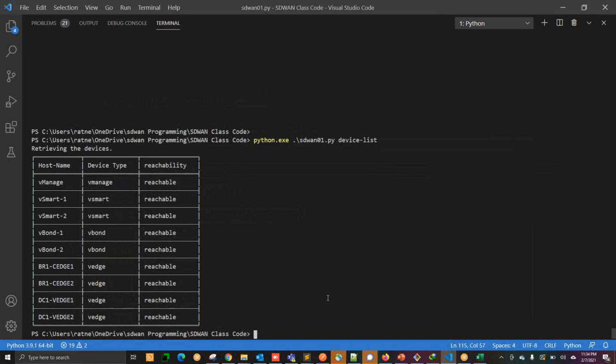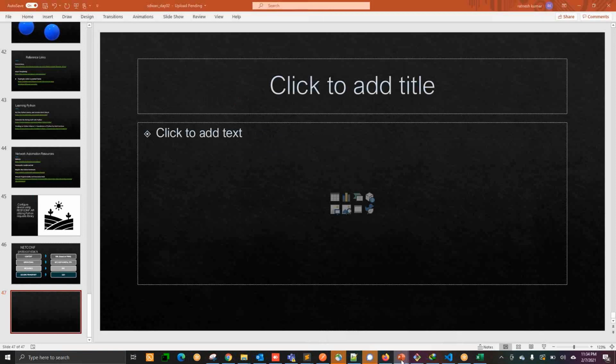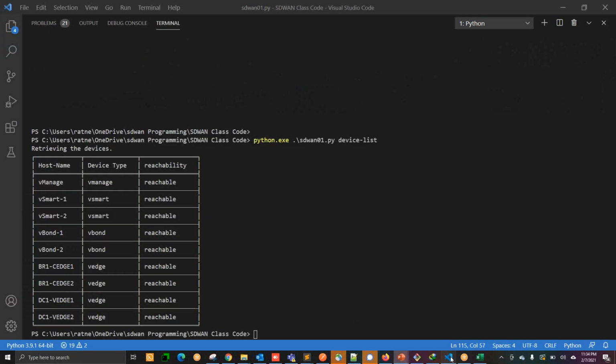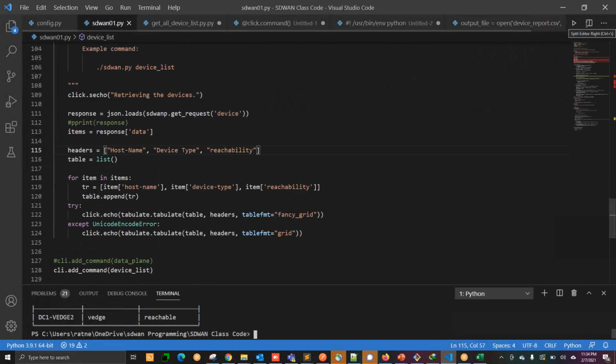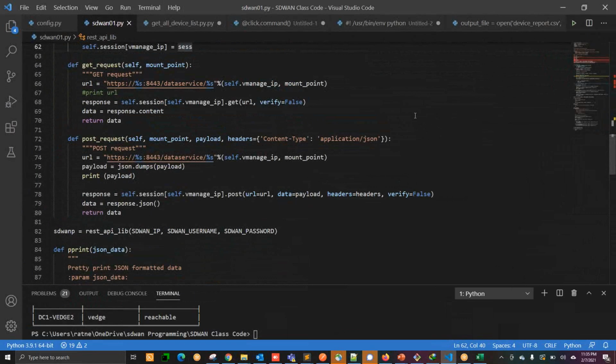All right, so let's continue. First of all, let me complete that programming, the post method. So let me go back here, and here you can see. Once you have the get method like that, you have the API post method as well. What you can do inside the post method is that only two things are changed: the payload and the header. You have to give the payload of what you want to configure. That will come inside the payload.